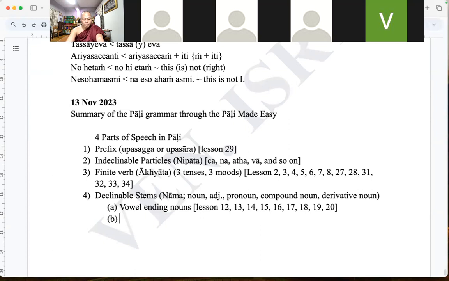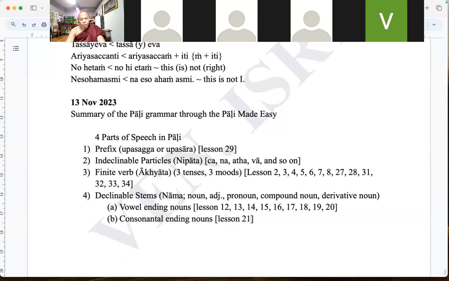And then the next step is consonant ending. Maybe consonant ending nouns or adjectives also included. In Pali, when you say noun, those adjectives are also included. So starting from lesson